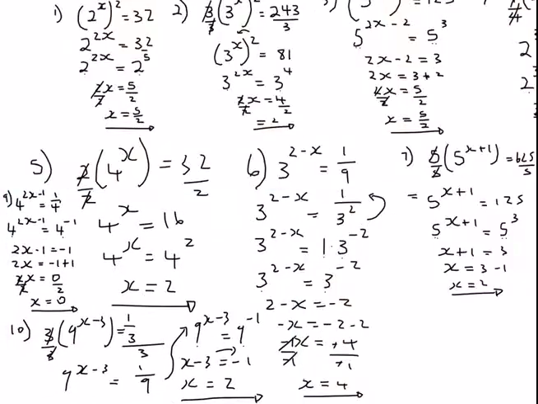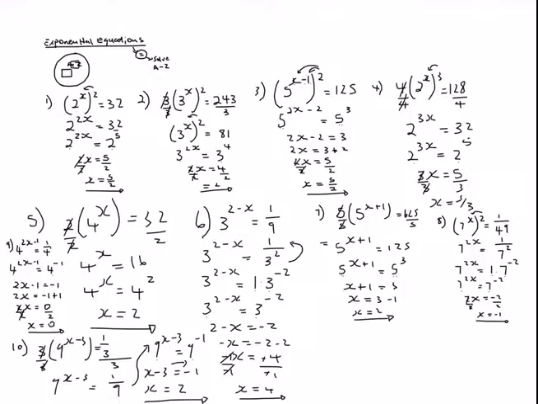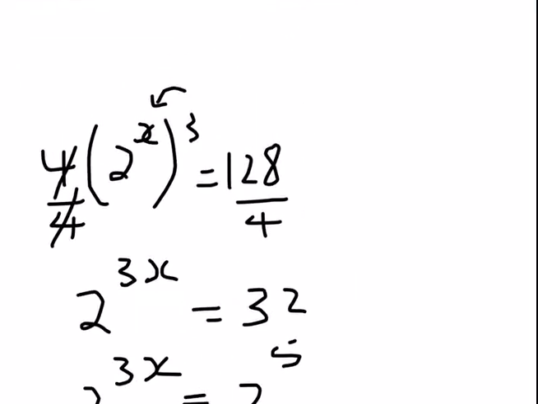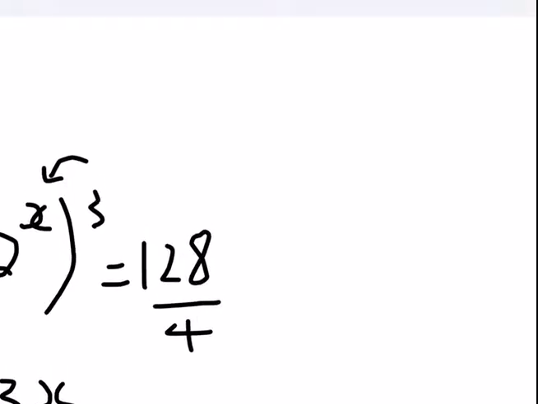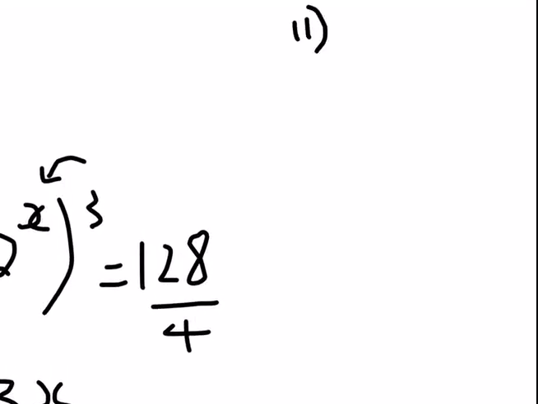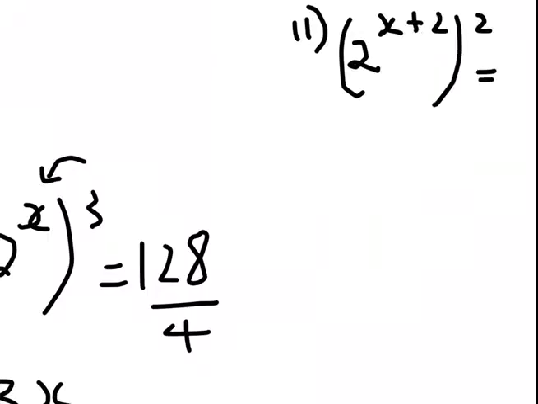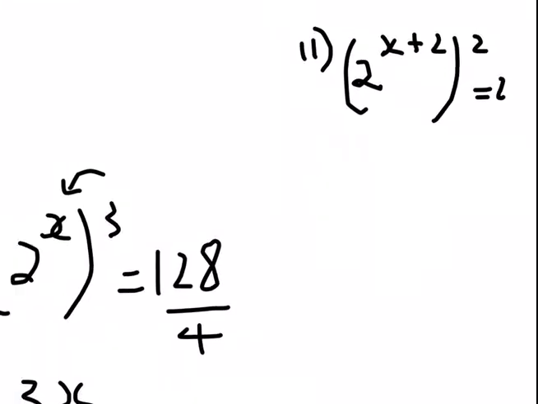Which other example can I squeeze in? Let's see. I'll just create some space there. Okay, then it's fine. Let's do, I think it's example number 11, where you are having 2, which is inside the brackets, to the exponent of x plus 2, and then that is being raised to 2, and then this is equated to 256. Okay, again, that by that, that by that. So you end up having 2 to the exponent of 2x plus 4, which should be